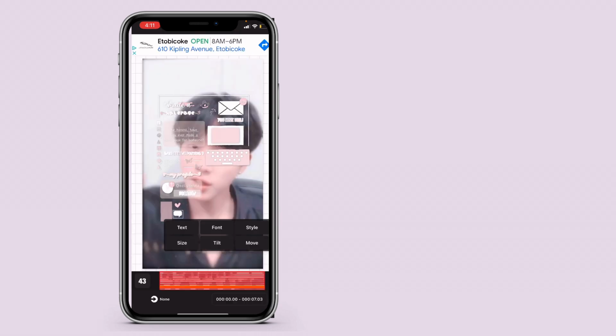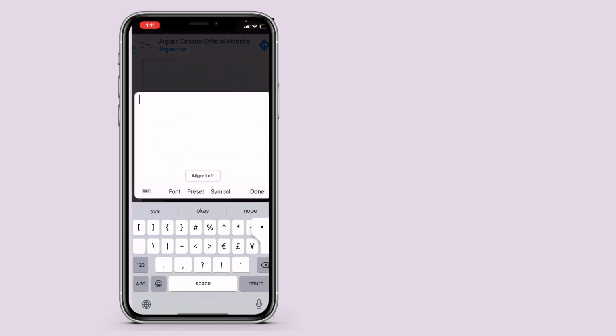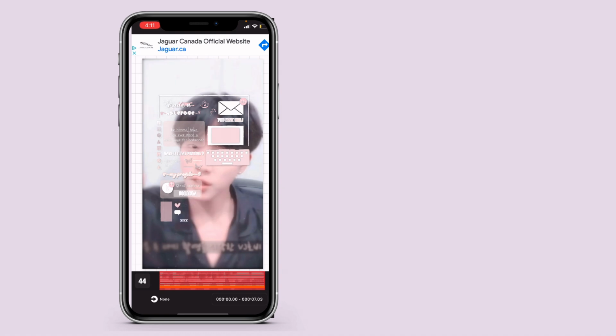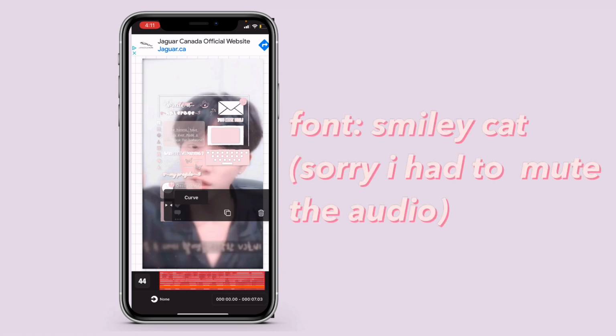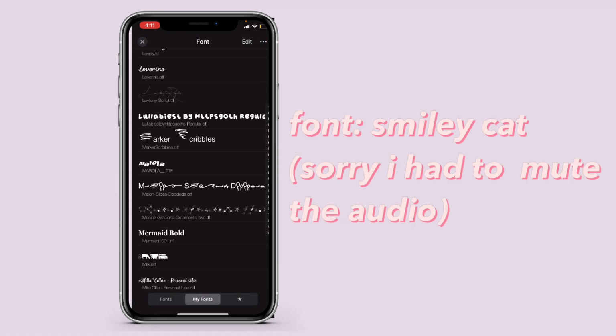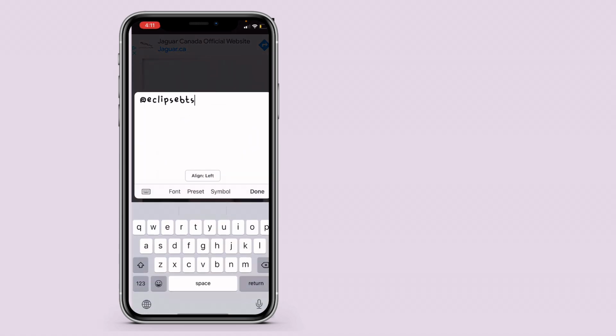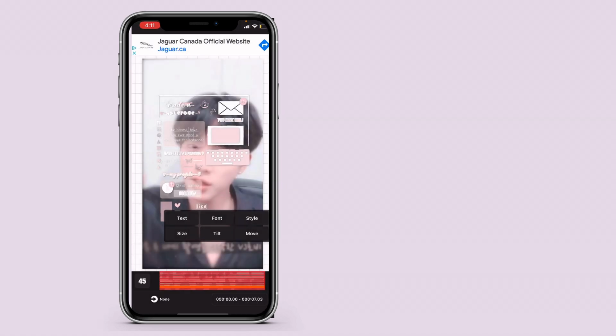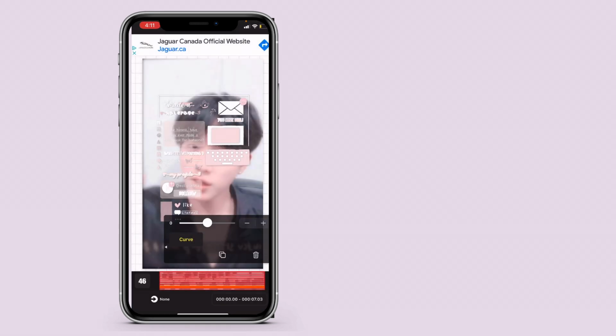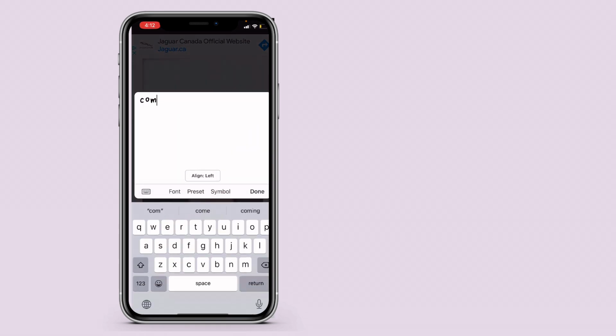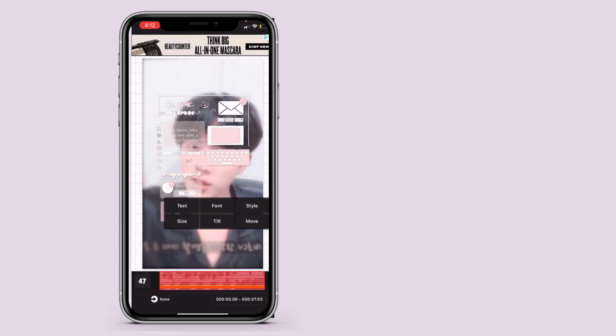I'm going to put that there. I'm just going to make the size smaller. And then you can use the same font just to add 3 little dots. And I'm going to write comment. I think I spelled comment wrong. Yeah, I did. And then share. After you've done that,